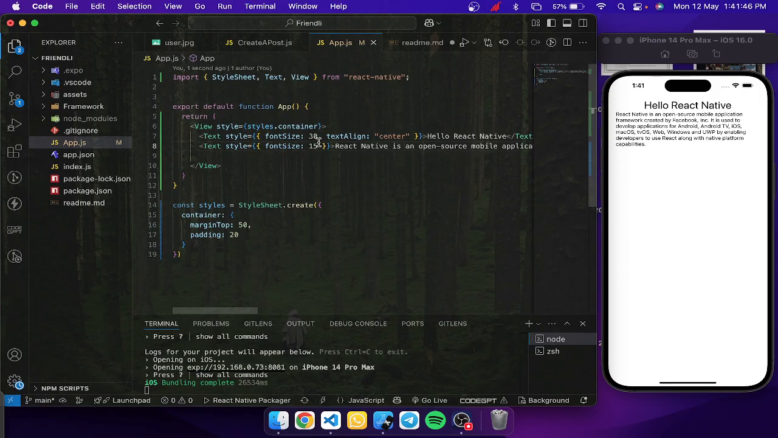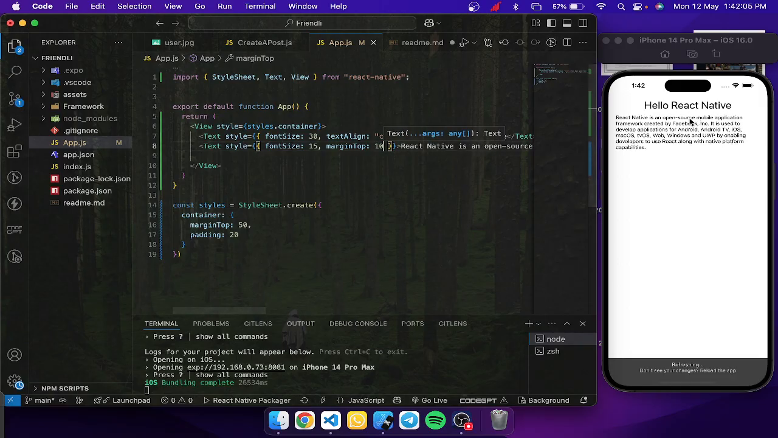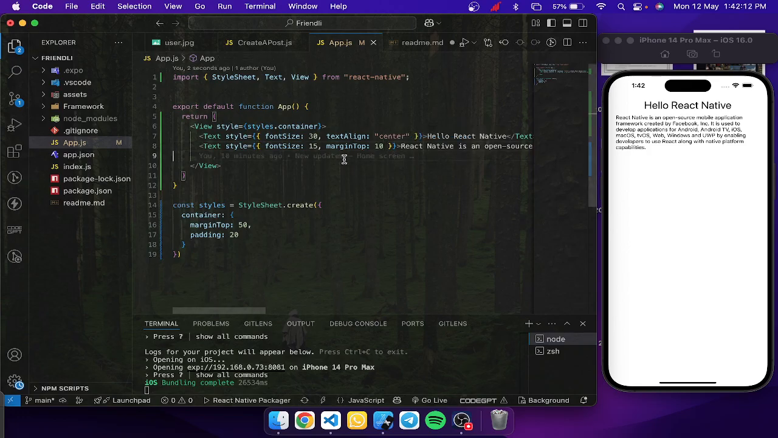Okay, so another thing we could do is we can also specify the margin top here, so that this text will not be that close to the Hello React Native. So I'm going to add margin top, then the value of margin top is, let's say, 10, and then see our text has just shifted away from the Hello React Native. Okay, now the next thing we're going to add is the